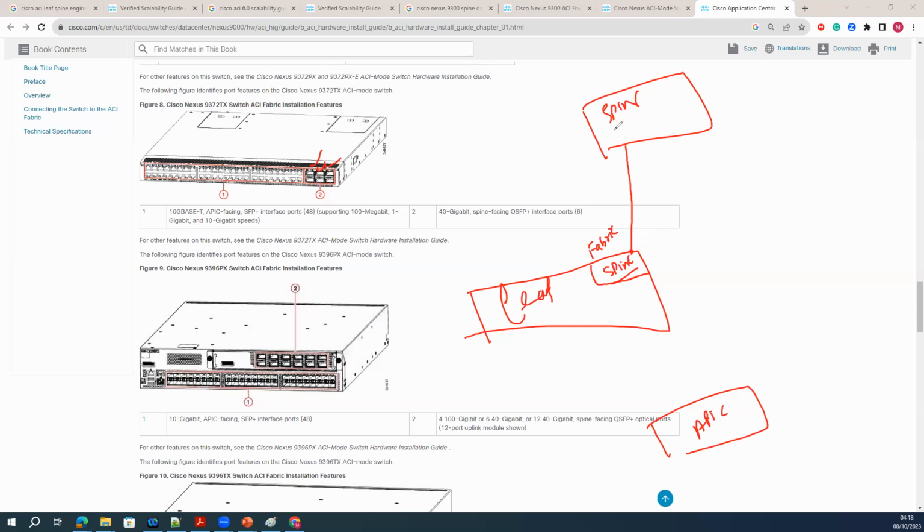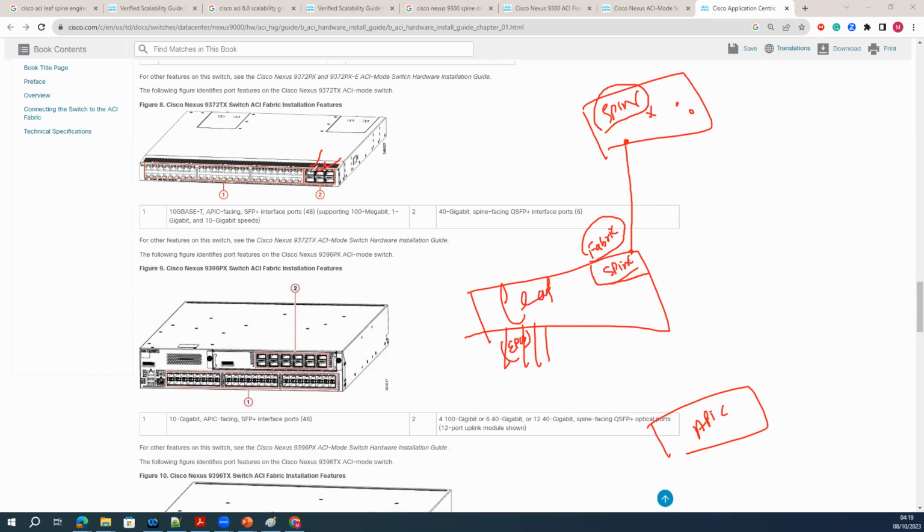On the spine switch, is there any reserved port? Answer is no, because this model number is specifically designed as a spine. You don't have any reserved ports for the leaf switches. You can use any port to the leaf. But on the leaf side, you have specific ports which you have to use between spine and leaf connectivity. We call that a fabric port. And the other ports we call EPG ports, access ports, or non-fabric ports. EPG, endpoint group ports, or configuration ports, you can simplify that as non-fabric ports.